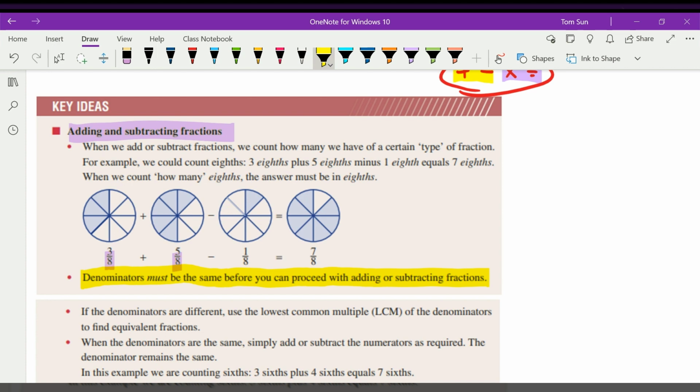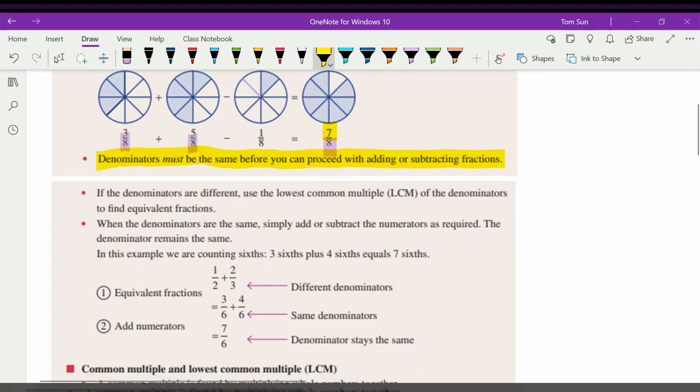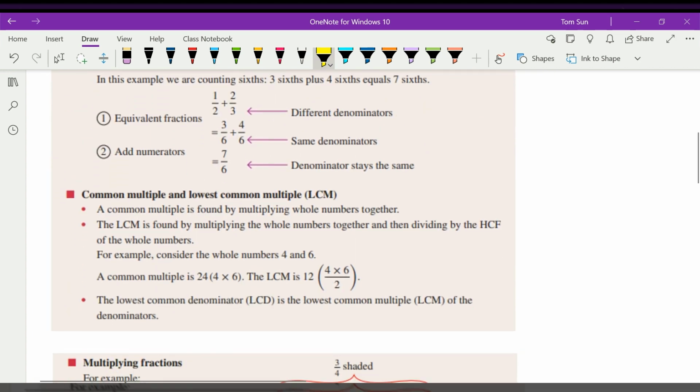You can pause the video here, write that line in your book because it's very important. That is the key thing that you need to know when adding and subtracting fractions. When you get the denominators to be the same, the only thing that changes is that your answer will still have the same denominator, but the top numbers, or the numerators, add together or subtract depending on what you have. Okay, now